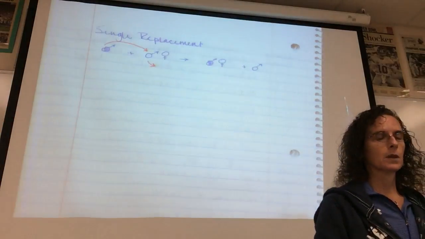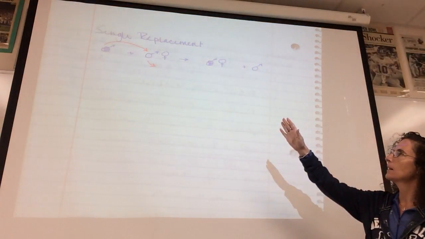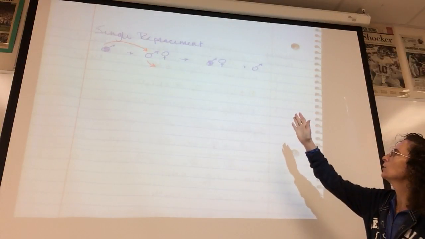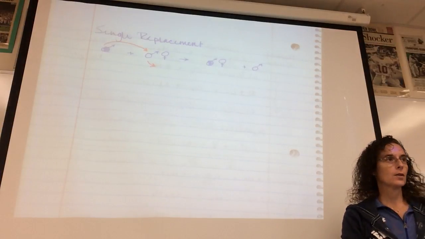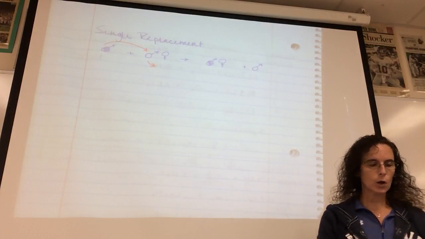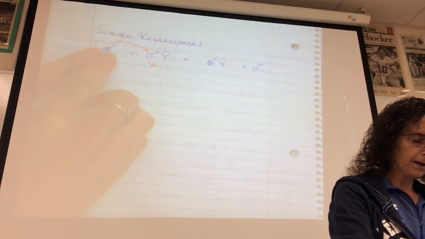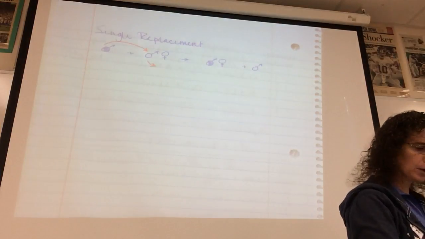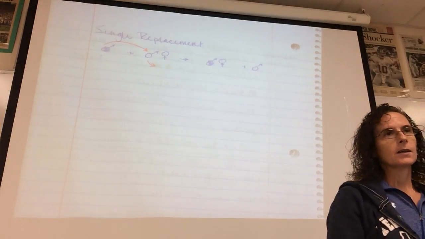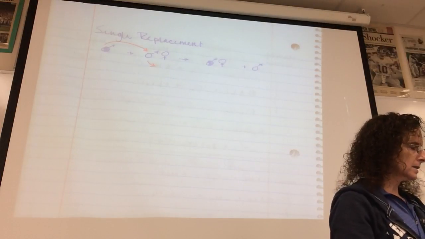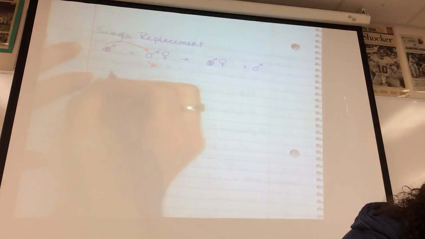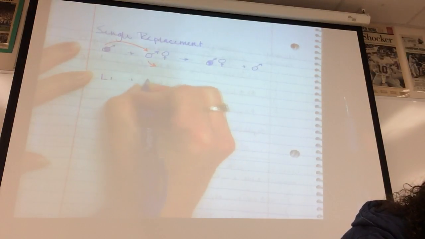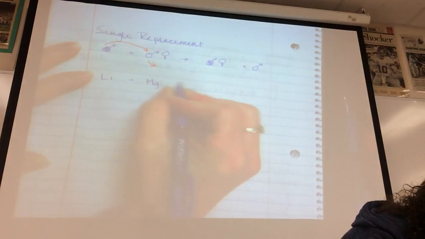dances with this girl. So what you have here is an element and a compound on the reactant side of the equation, a new compound and element on the product side of the equation. And it only works if this boy is more powerful than this boy. What you're going to see in chemical reactions of this type, this is going to be metal displacement, in which you have a metal that's more powerful than another metal